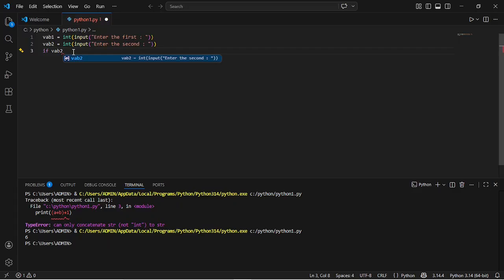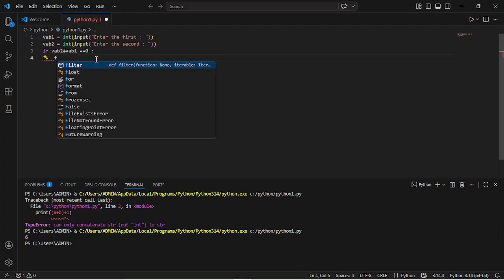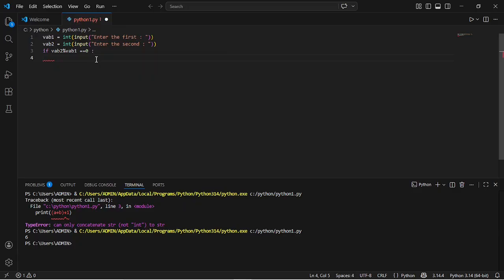Okay, so var1 percent var2. This is divisible by this number, is it or not? And now equal equals 0. As you know, if the condition has a statement or something else, no. Now I have to add what we call a